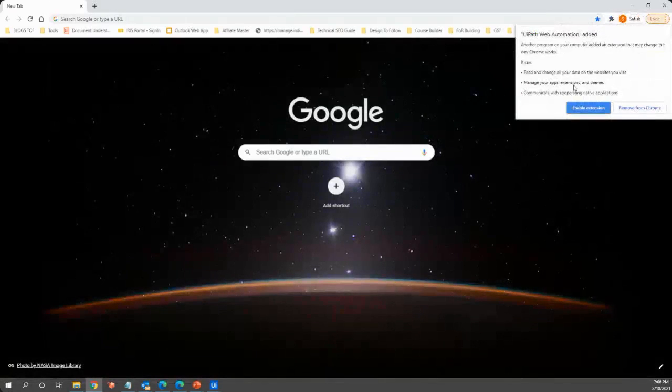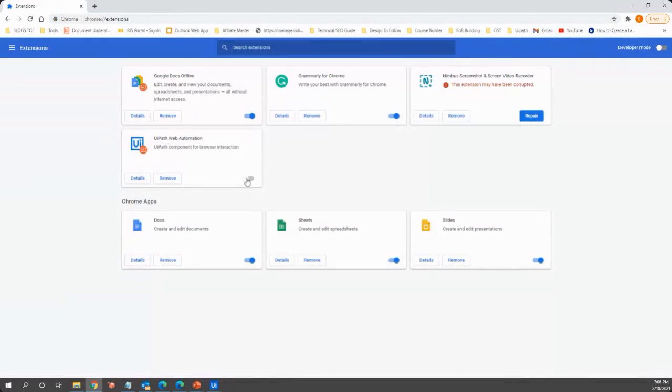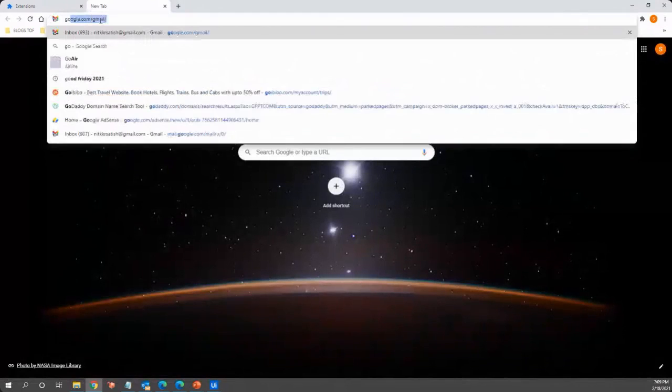And now when you load it, you will see this. Click here, restore, and then click on manage extensions and see that UiPath has been enabled. You need the UiPath extension enabled so that your Chrome can communicate with UiPath Studio. Okay, now that we have this extension enabled, we should be able to record the steps that we do on Chrome. So let me open a tab and type